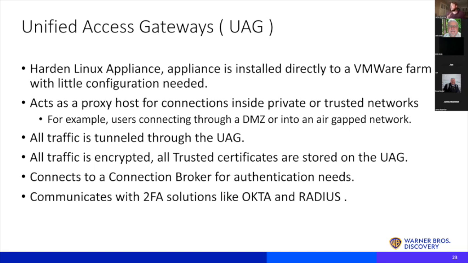It acts as a proxy for connections inside private and trusted networks. All traffic is tunneled through a UAG and is encrypted. All traffic is encrypted, and we store all of our trust certificates. We're using SSL to encrypt this data on the network. A UAG needs to peer with a connection broker. It does not